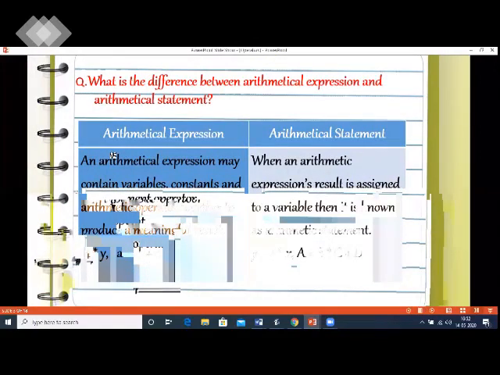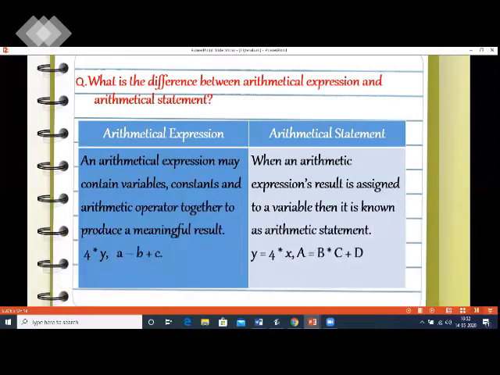Now, you have already learned about the arithmetical operators in the previous lesson. You need to know that the equals to sign is an assignment operator which is used to assign the value on the right hand side. It may be an expression or a value which is assigned to the variable on the left hand side. Like in the example, 4 * x is an arithmetical expression which is assigned to the variable y with the help of the assignment operator =.